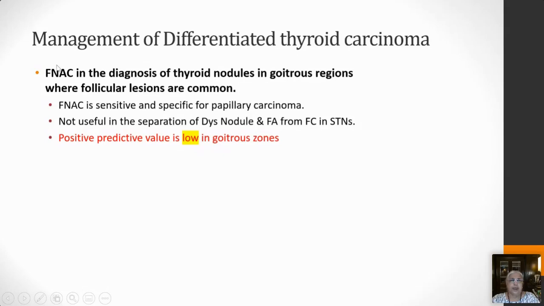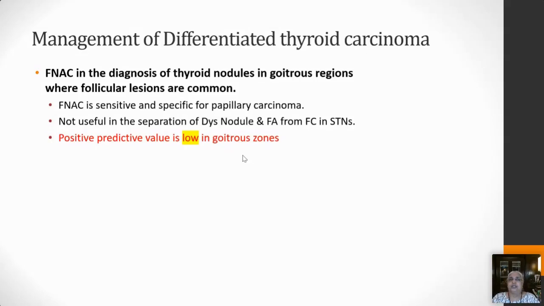But when you do FNAC in the diagnosis of thyroid nodules, in goitrous lesions, where a variety of follicular lesions are common, that is adenomas, dysfunctional nodules, etc., then the positive predictive value of FNAC is low, because in those areas where you have a lot of papillary thyroid carcinoma, when you hit a stone in that direction,